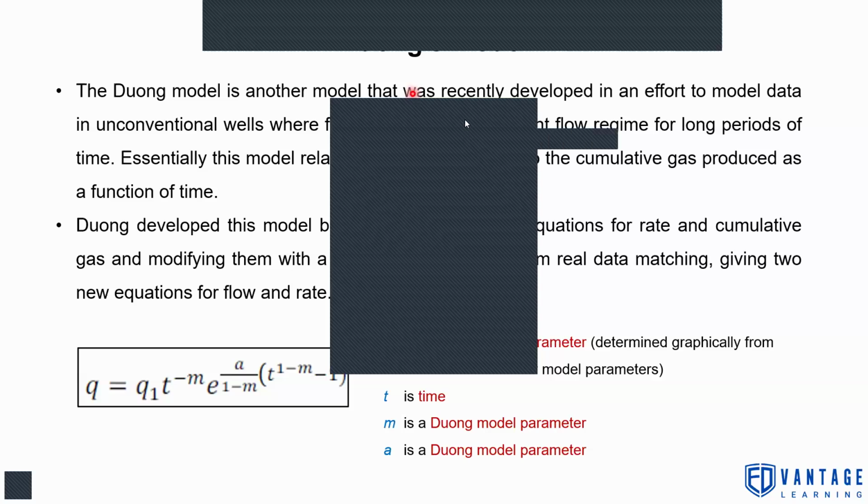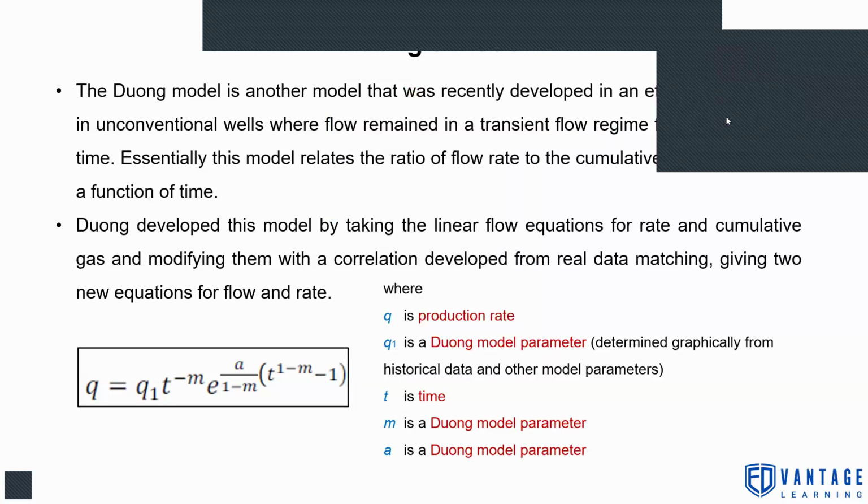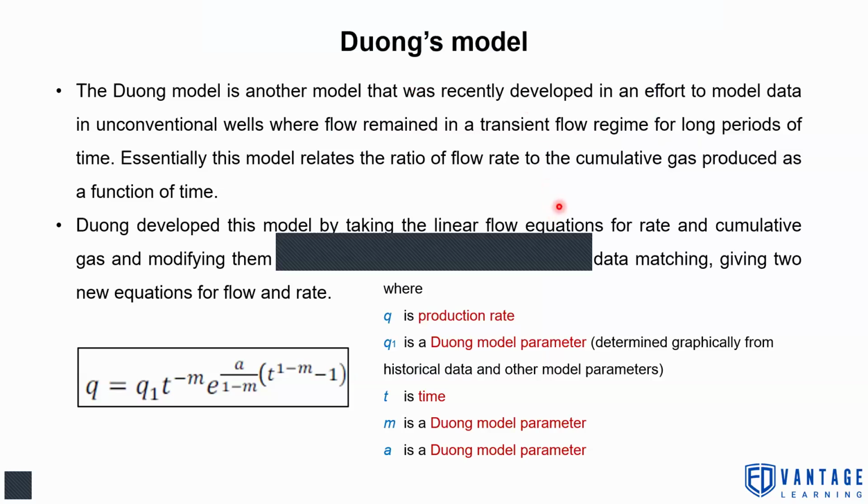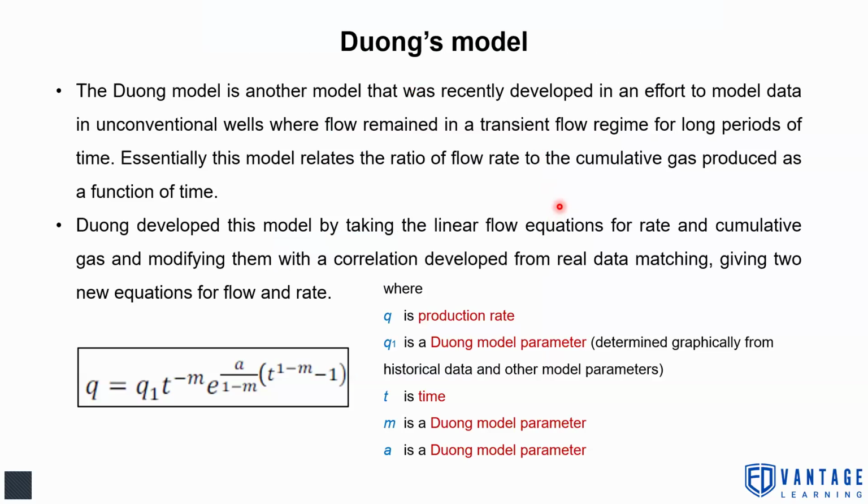Yes, you're right. In unconventional reservoirs, permeability is very low and it takes so much time to reach the flow boundary. So for those reservoirs, we use this Duong's model, because modeling reservoirs with low permeability is very tough with the traditional Arps model. In this model, we take linear flow equations for rate and cumulative gas and modify them with a correlation developed from real data matching, giving two new equations for flow rate and cumulative production. So the flow rate is q equal to q1, which is a Duong model parameter determined graphically from historical data, and t is time,